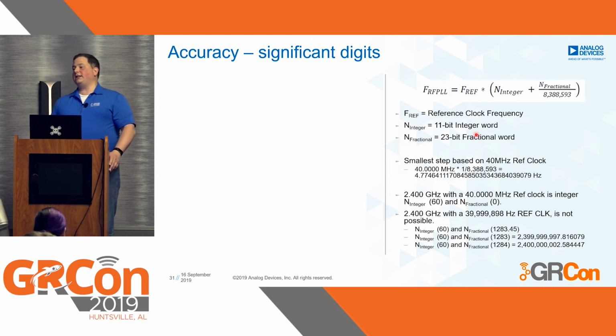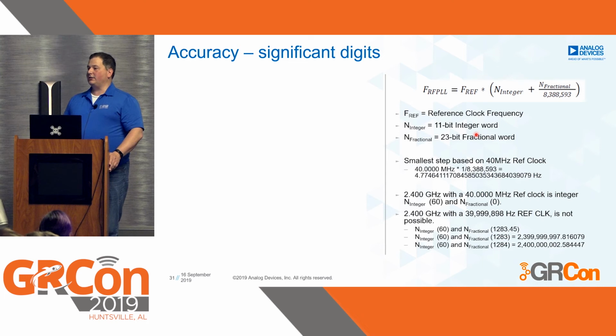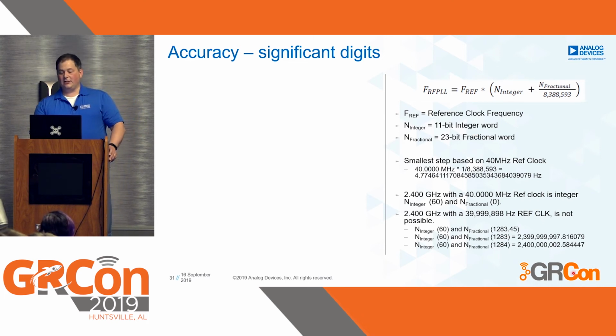So fractional PLLs are not floating point PLLs. They're still integer pieces that will have step sizes. And that's why you'll see a lot of radios, when you want to program them to something, won't actually be able to hit those numbers. Depending upon what you're trying to do and what your reference clock is, your carrier offset and your more advanced DSP algorithm should be able to take care of a 4 hertz offset. And that's what everybody expects.